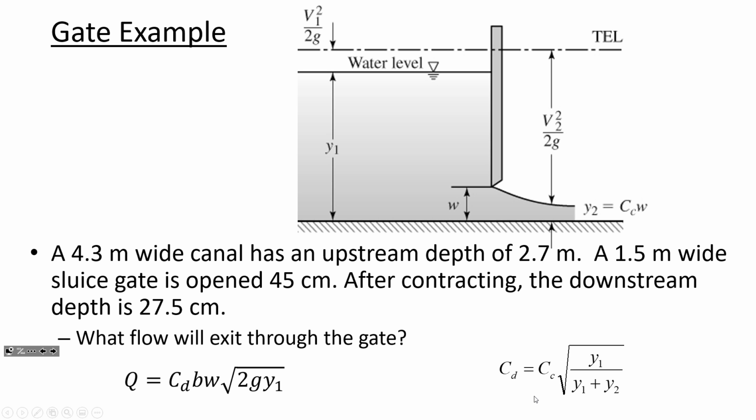And so you can see just from this sketch, Y2 equals the coefficient of contraction multiplied by the height that the gate is opened. So we have W and Y2, so C sub C will be Y2 divided by W. So for us, that is 0.275 meters divided by 0.45 meters. Okay? So if you have a calculator handy, I think that you'll see the coefficient of contraction